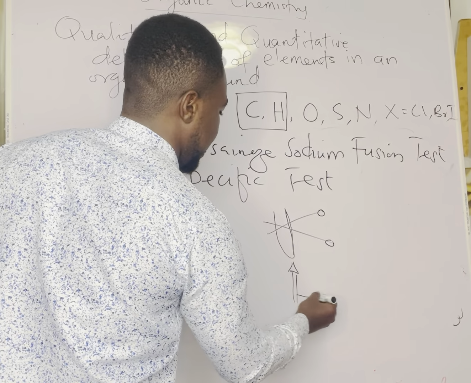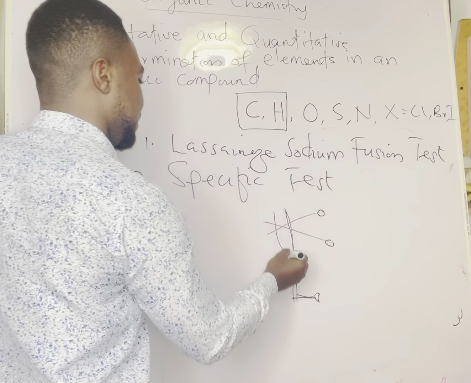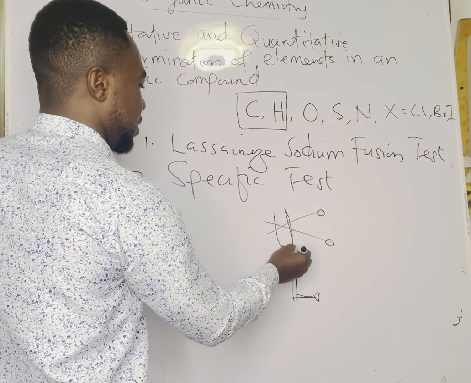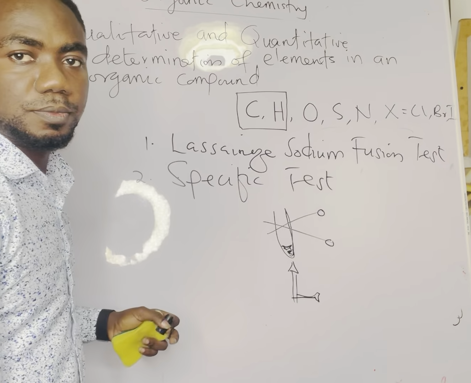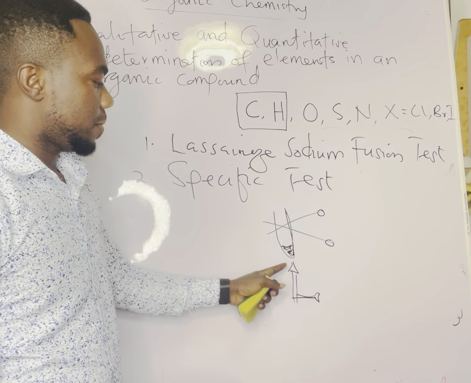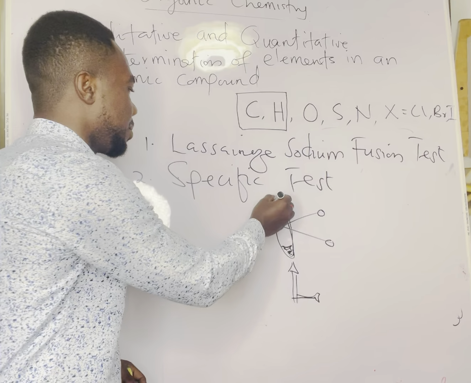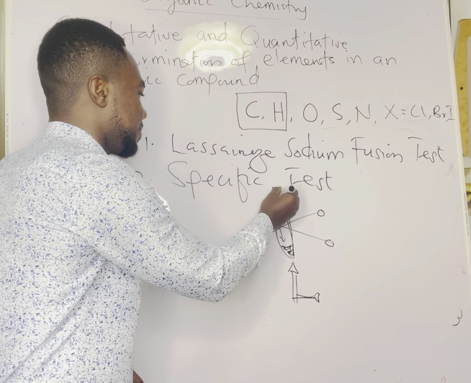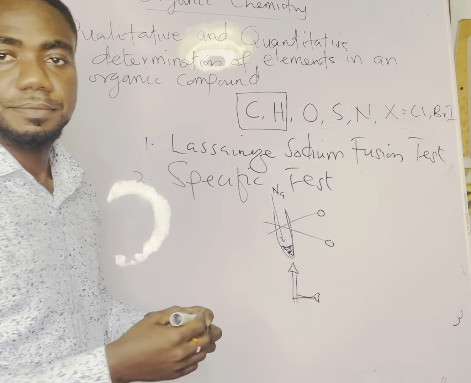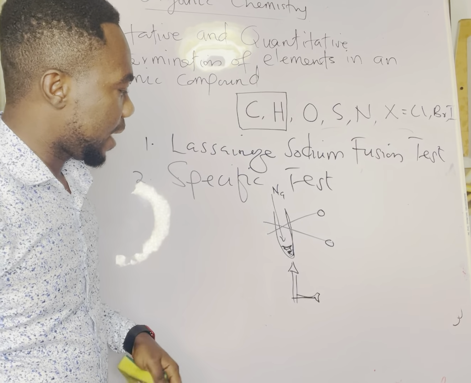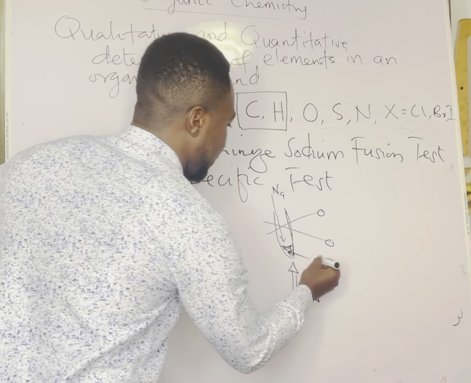Here is your benzene burner. You drop the organic sample into the fusion tube. We are going to heat the fusion tube containing the organic sample, then drop in pure sodium metal. It's added. We heat it for some time, and when it becomes red hot,